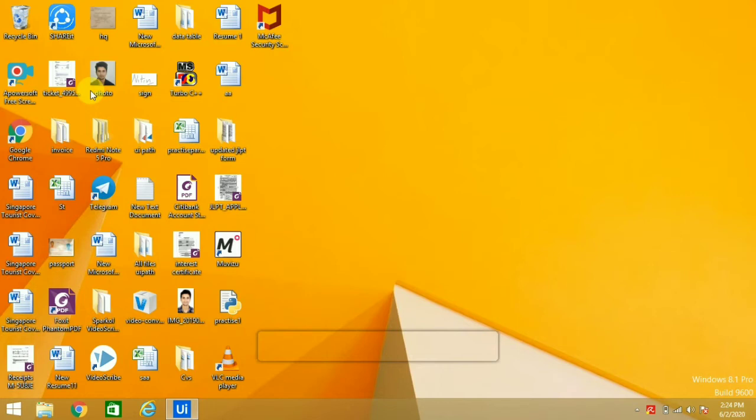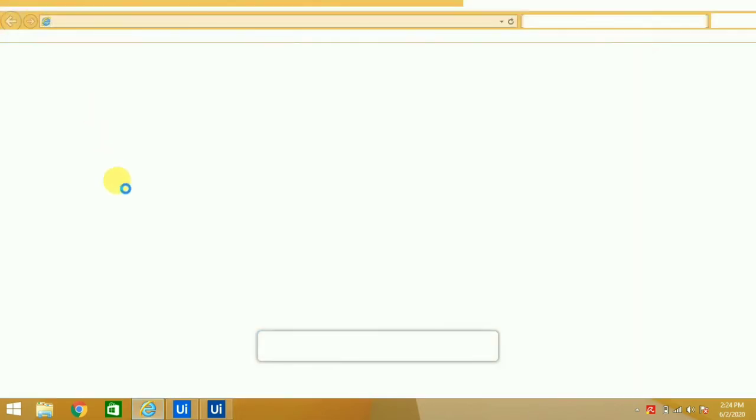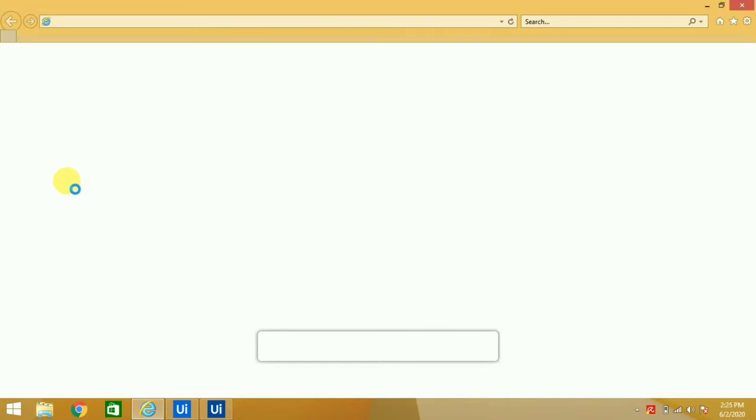The internet is a bit slow, so please bear with it. Oh, it has opened Internet Explorer, not Google Chrome, and I created the robot in Google Chrome.